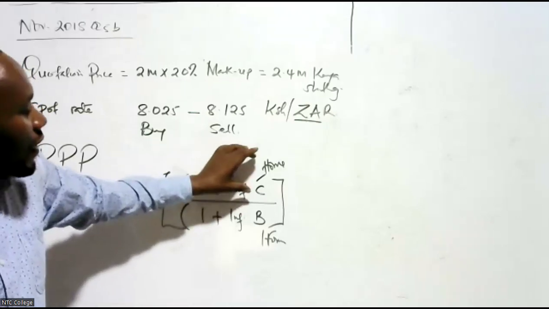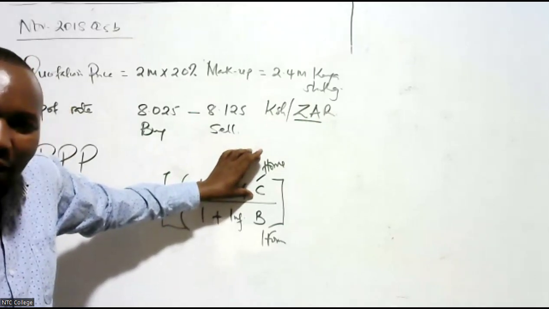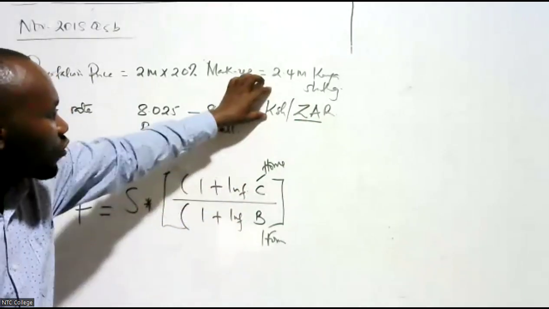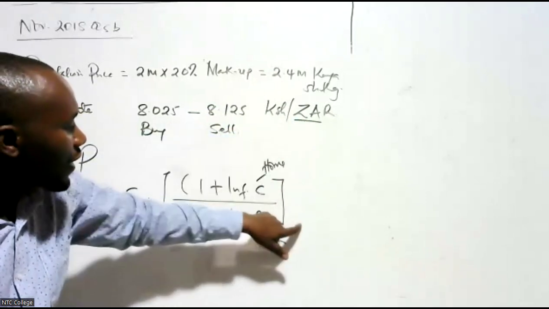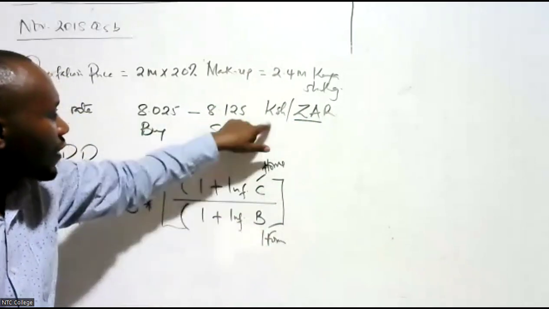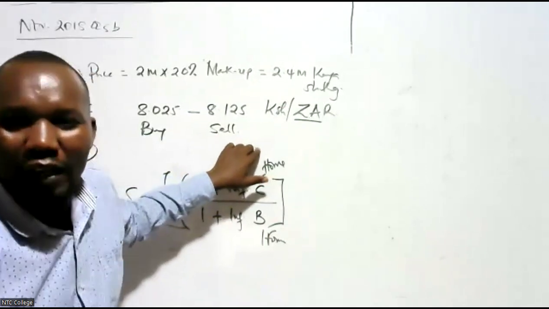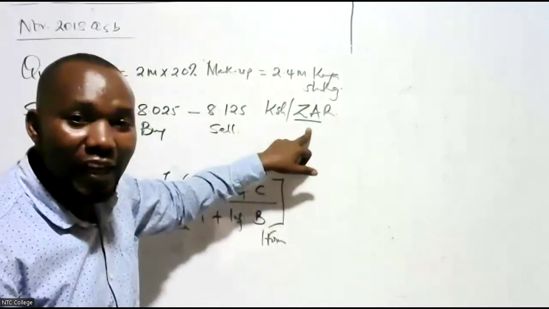Because this is the numerator here, and then this one is the denominator. It is the Kenya shilling that is on top, and then ZAR is down. So the ZAR is down here, Kenya shilling is on top. That is what I taught you before. What we are saying for you to know, because for indirect they will have Kenya shillings here, and then